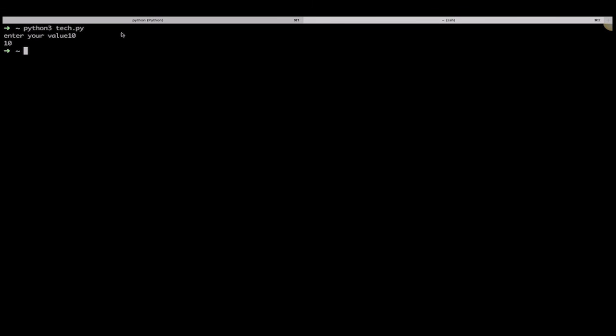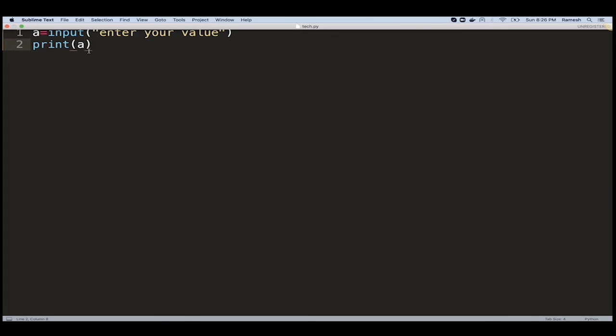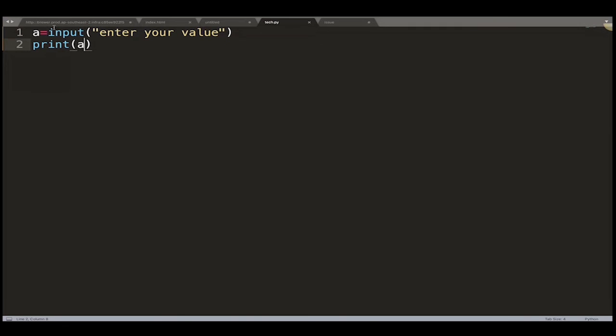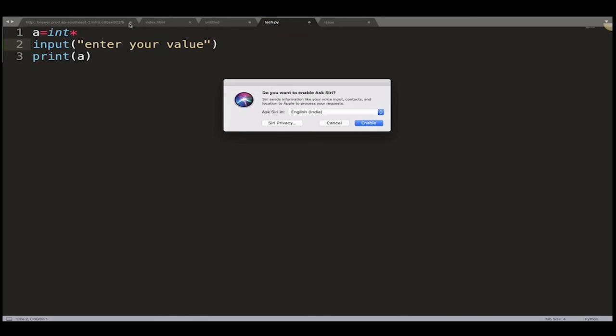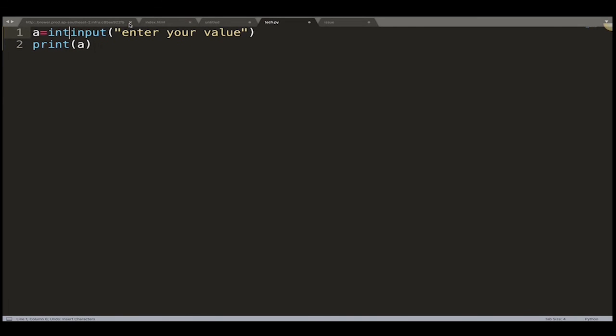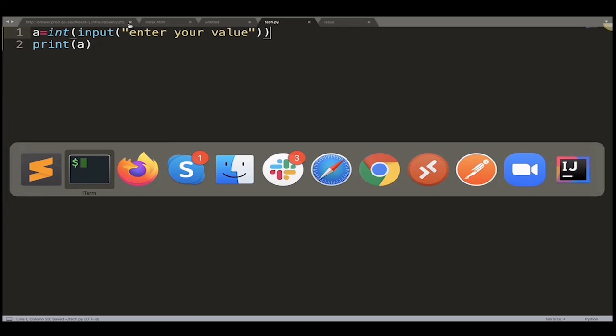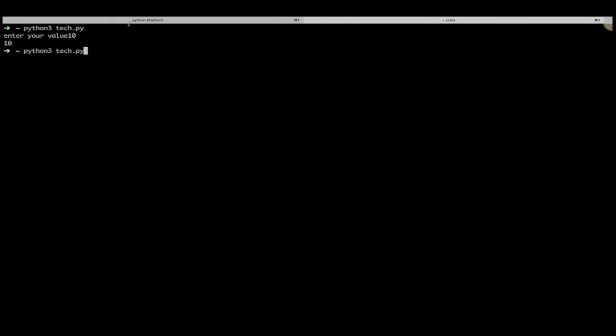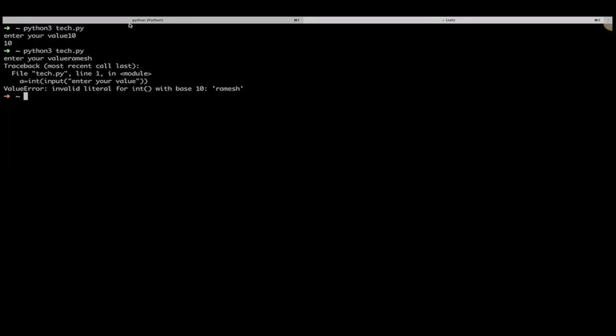So understand why it is not giving a type error. Understand why it is giving a type error?